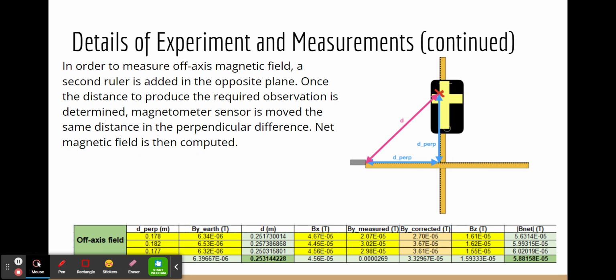In order to measure the off-axis magnetic field, a second ruler was added in the opposite plane, as you can see to the right. Once the distance to produce the required observation is determined, the magnetometer sensor is moved the same distance in the perpendicular direction, and then the net magnetic field was calculated from the x and y components. And as you can see below, a B net value of 5.8816 times 10 to the negative 5 Teslas